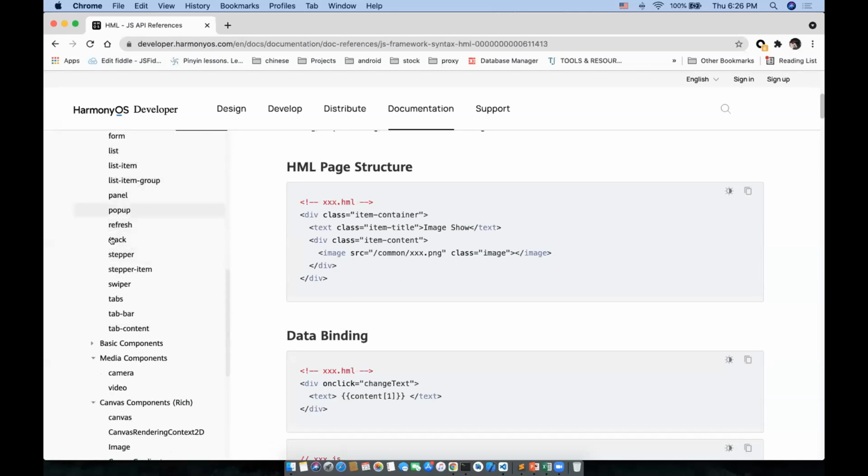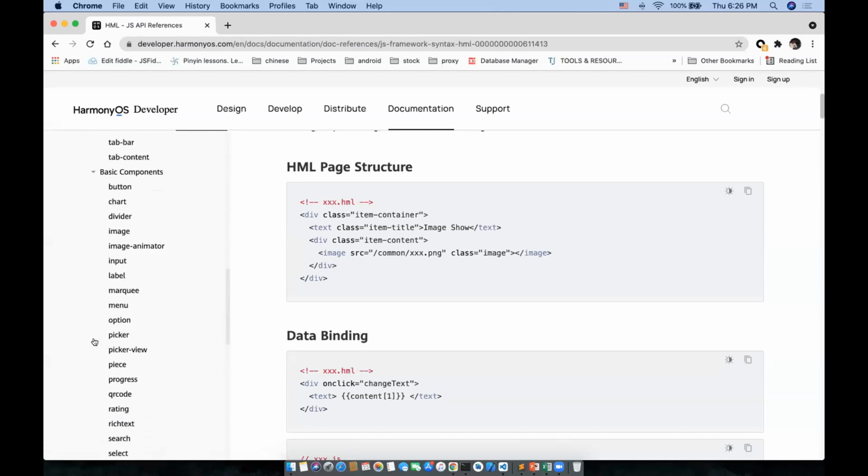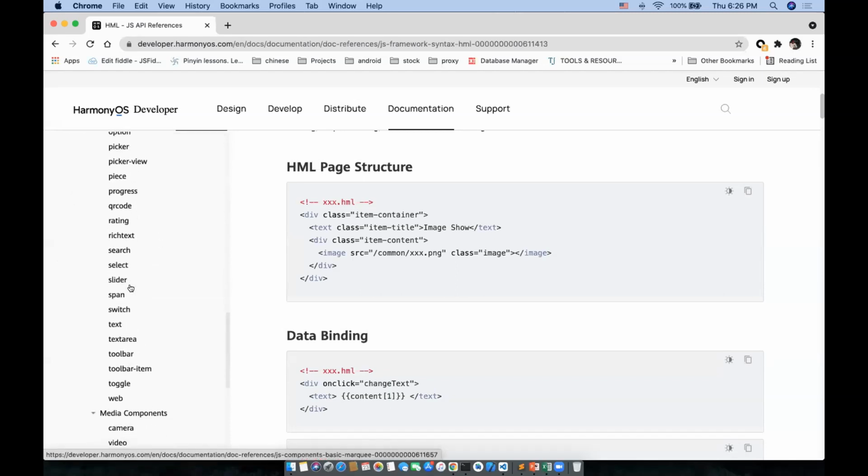So you can see all the reusable components provided as part of the Harmony framework itself. And the basic components required for your screen design, like button, chart, divider, image, label, each and every part required for your application development, has been provided as a component.